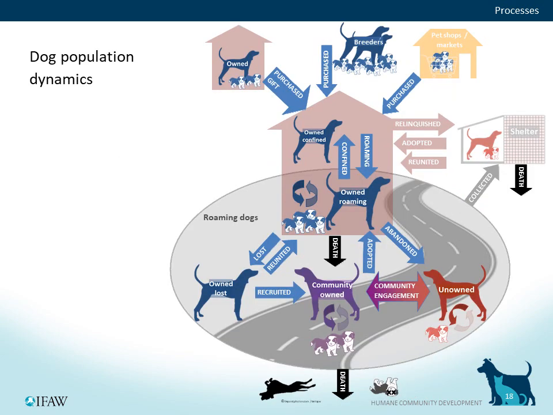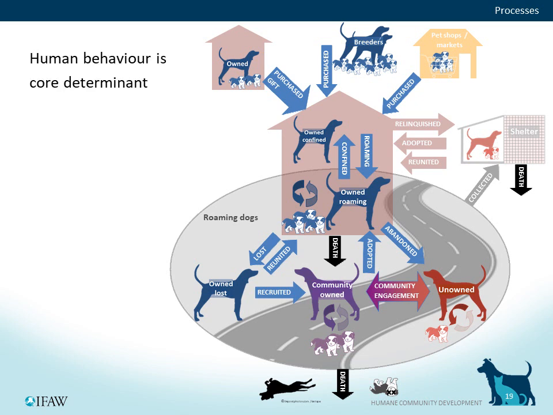But if we bring all this together, what we have is a perspective of how the whole dog population dynamics is functioning. By taking this perspective, we can begin to see what we know and what we don't know, and therefore focus our efforts on exploring those elements, those processes and states that appear either unknown or are particularly relevant as a source of roaming dogs, allowing us to design and target our interventions more accurately.